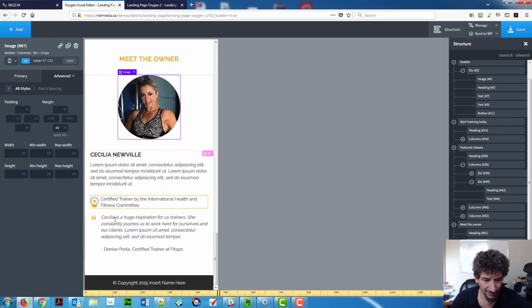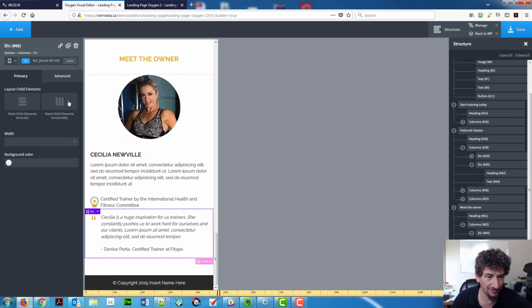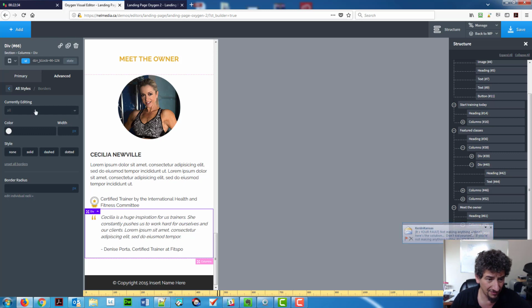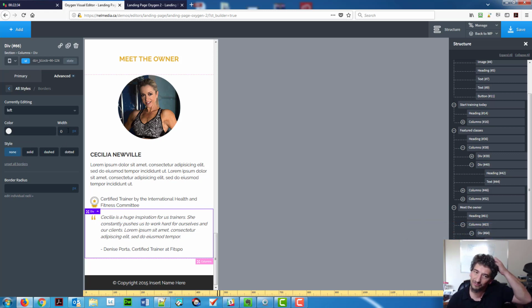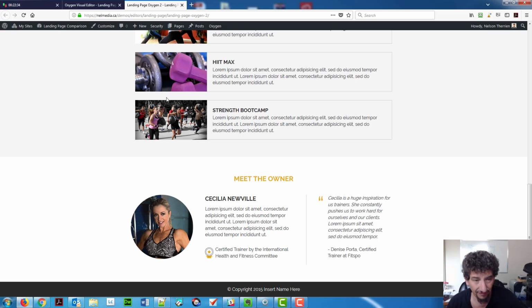Okay, that's good. And of course, in this particular case here, we don't really see it, but I know that there's a border on the left and I want to get rid of that. So left border, 0, none. It's overkill, but I just want to make sure that it works in every browser. So usually just 0 here would be enough. So like I said, it's a little bit overkill, but still works fine. All right, so now if I refresh that,